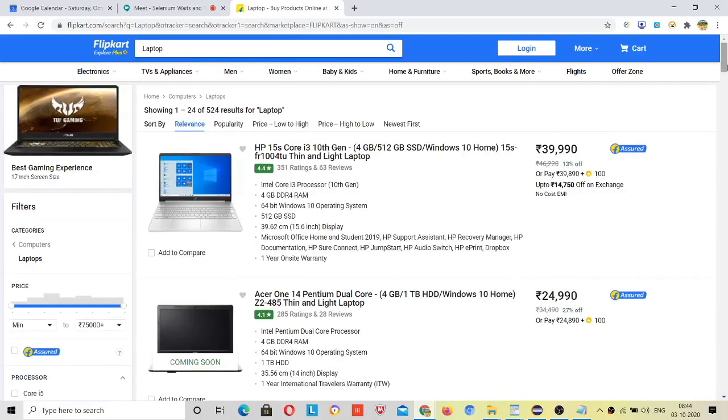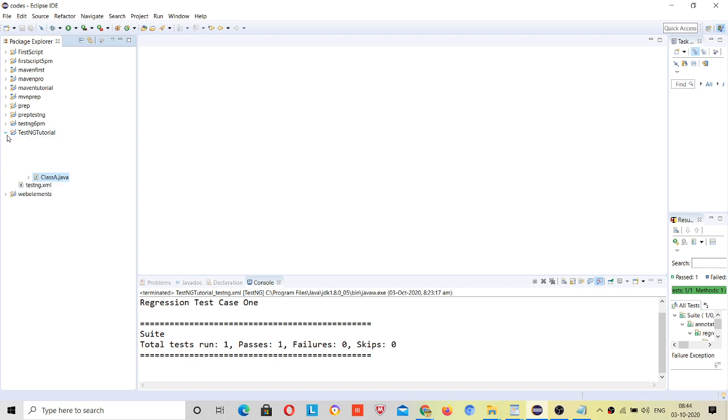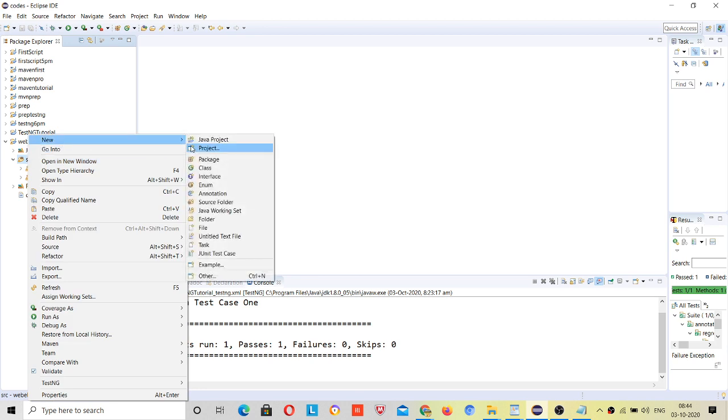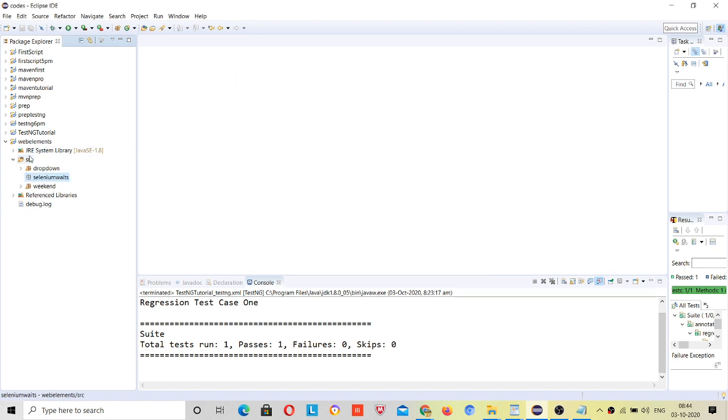Just go to your Eclipse IDE. We already have some projects. In the web element project we will use another package, selenium waits.